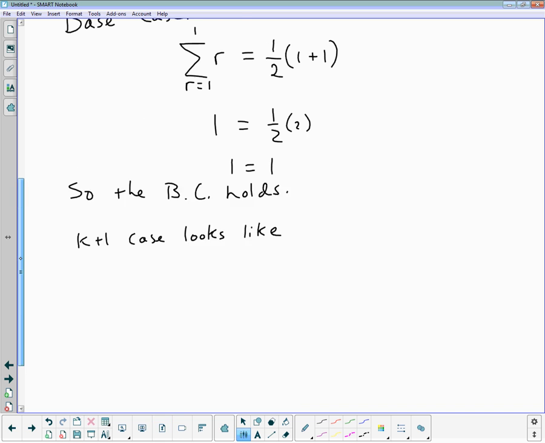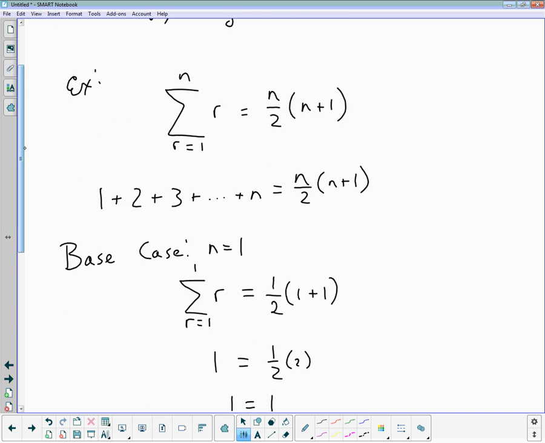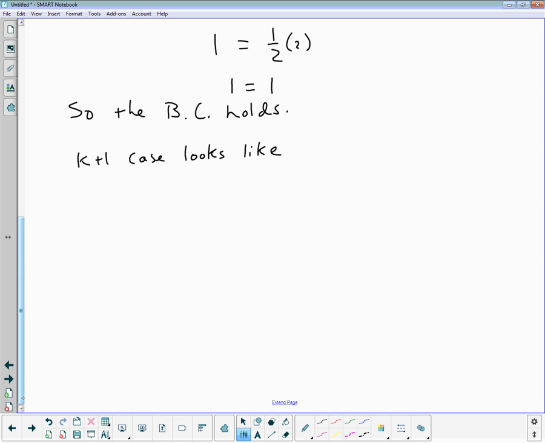Now remember, to get the k plus 1 case, all we do is go back up to the original statement and replace n with k plus 1. Okay, now,